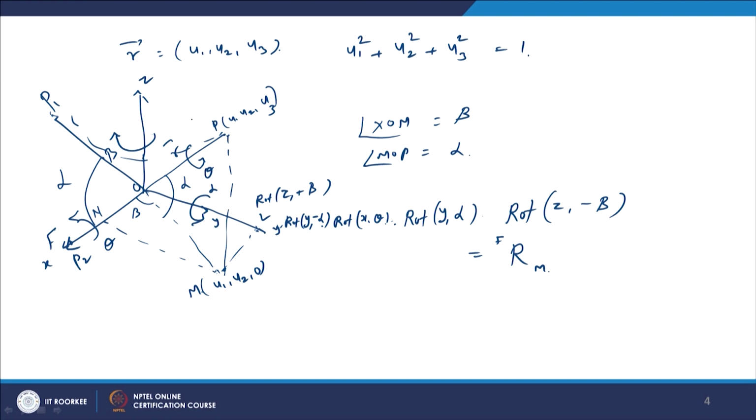Originally it is fixed frame, after making a rotation we will get a new frame. So, originally we got the F frame, this is our vector R vector. So, after making a positive rotation of this axis, we will get a new coordinate frame, we call it as the M frame. So, the relation between F and M frame, the M frame with respect to F frame is given by the product of this 5 matrices.